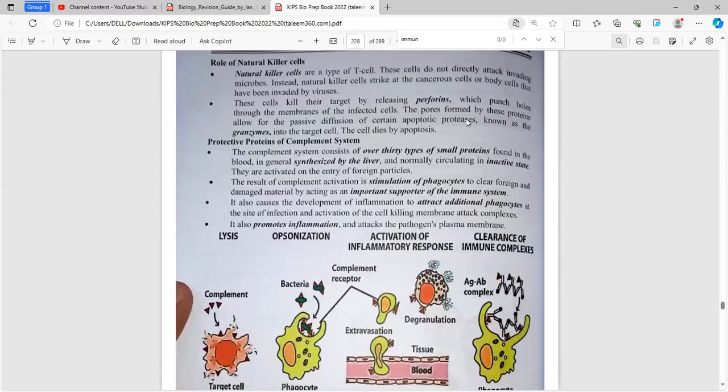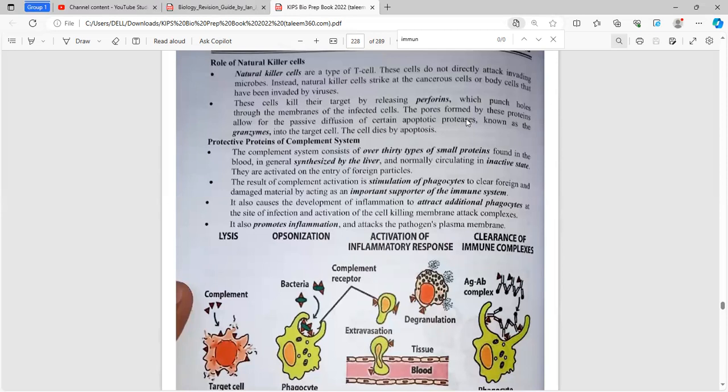Now there's an extensive system of the body known as the complement system. The complement system comprises two pathways, the extrinsic pathway and the intrinsic pathway. The most important protein of the complement system is the C3 protein. The complement system is responsible for the various mediators we talked about in the previous chapters, including histamine and bradykinin. They also help to mobilize all the other neutrophils, monocytes and macrophages, as well as the release of inflammatory mediators such as histamine and bradykinin.